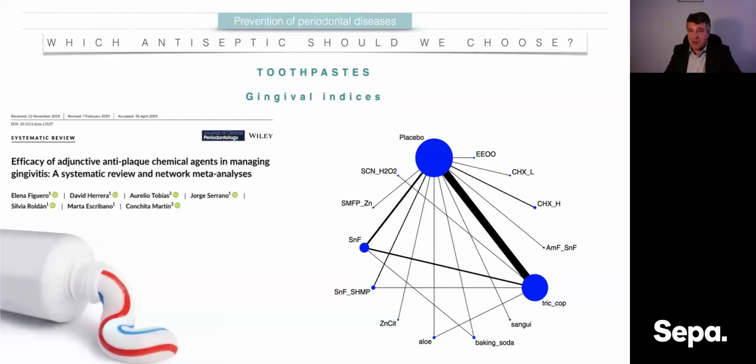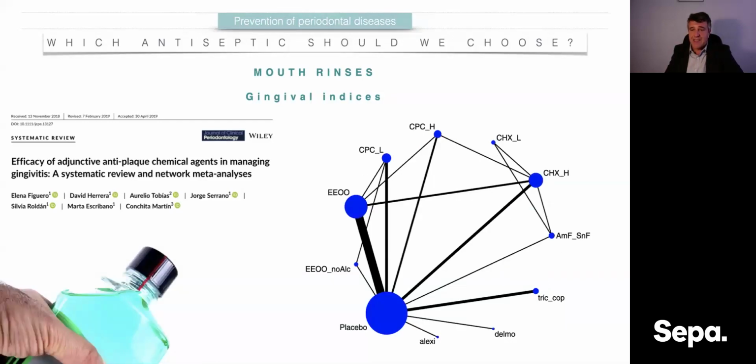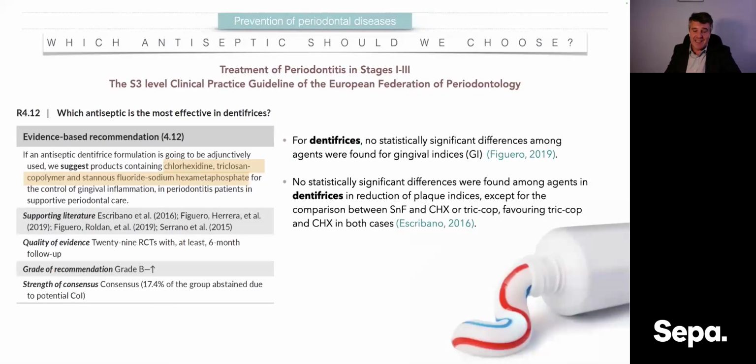But again, if you look at the results for toothpaste, dentifrice, toothpaste with stannous fluoride and triclosan copolymer provide better effects, and with mouth rinses, we have also similar results. And the products that were highlighted were essential oils, acetylpyridinium chloride, and chlorhexidine. Based on these 2 studies and the systematic review that I presented at the beginning by Serrano and co-workers, and the specific systematic review that was prepared for the workshop to develop the guideline by Figuero and co-workers in 2020,